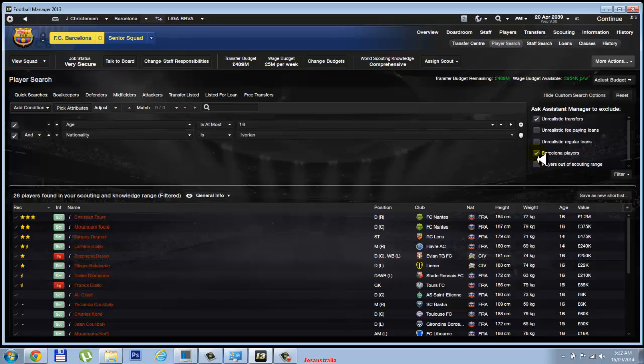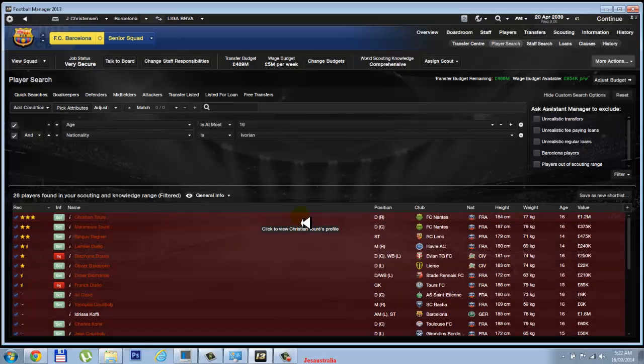Actually, we could do this as well on realistic, but there's none. Actually, just take it all off. Oh, I already got some. Anyway, you just click in the field here with your left mouse button. When there's not more than 28, you can press Control A. It highlights everything. You right click it,